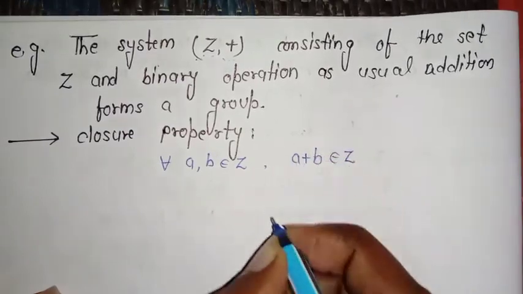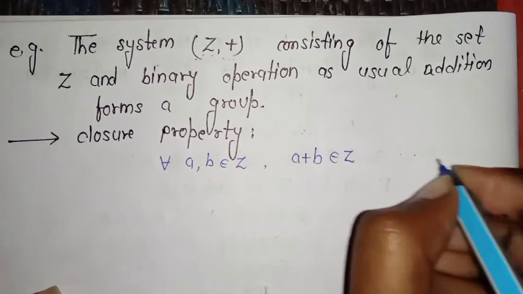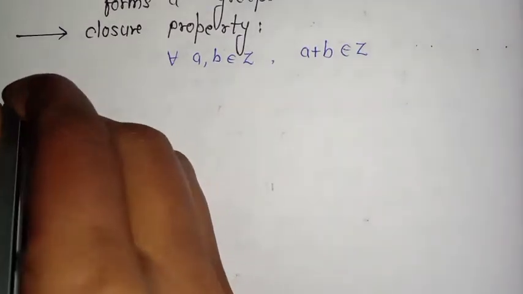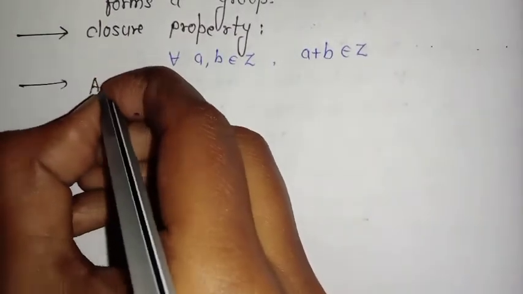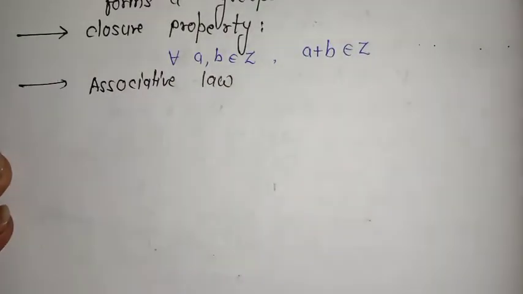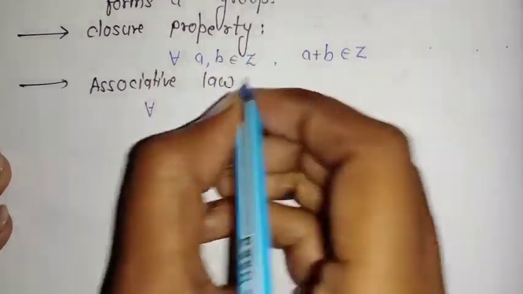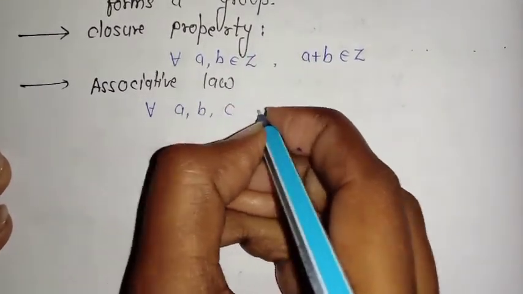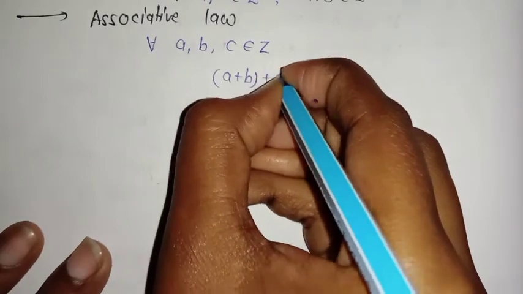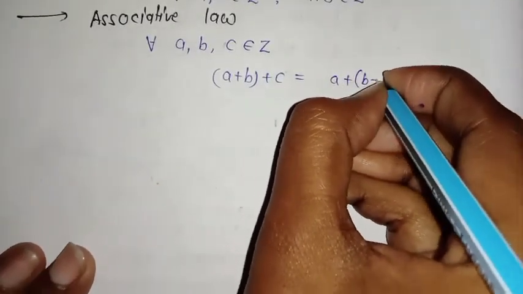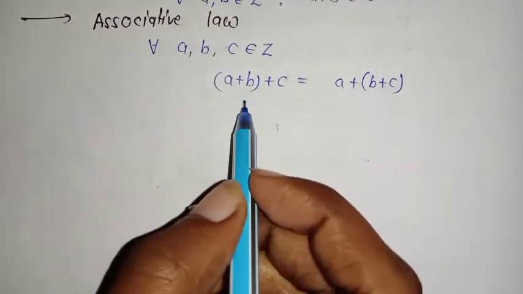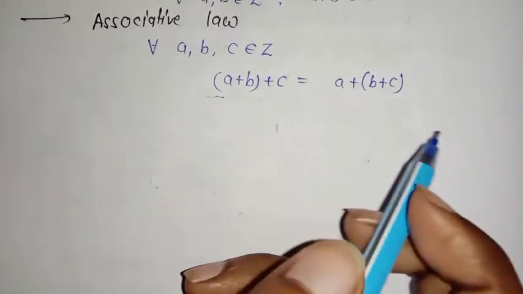If you want to write the statement, then you can write that the sum of two integers is again an integer. And now what is the closure property? Closure property is satisfied. Now what is associative law? Now we will take three elements of the integer set. So for all a, b, c belongs to Z, (a plus b) plus c is equal to a plus (b plus c). So associative law is also satisfied in this case. You can take any three integers and just check. You will always get that the result is true for each and every integer.